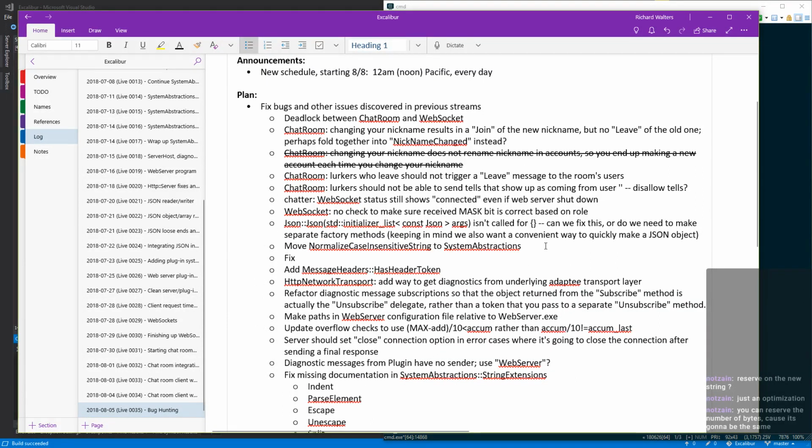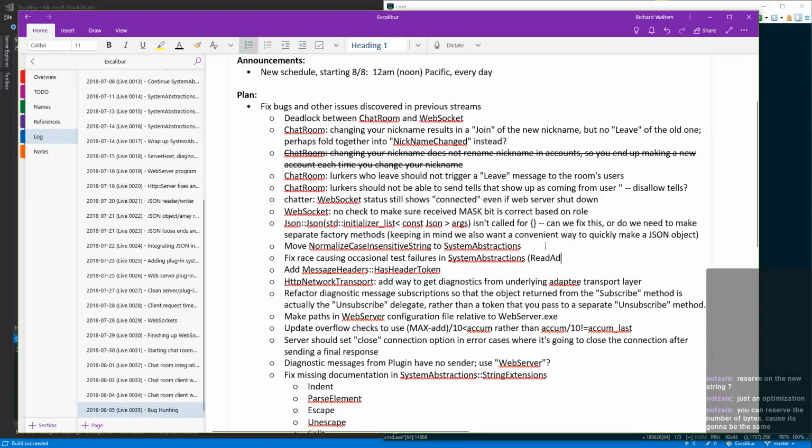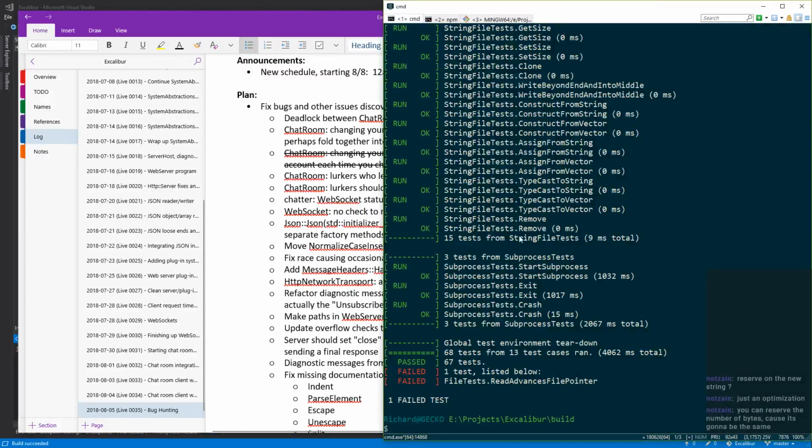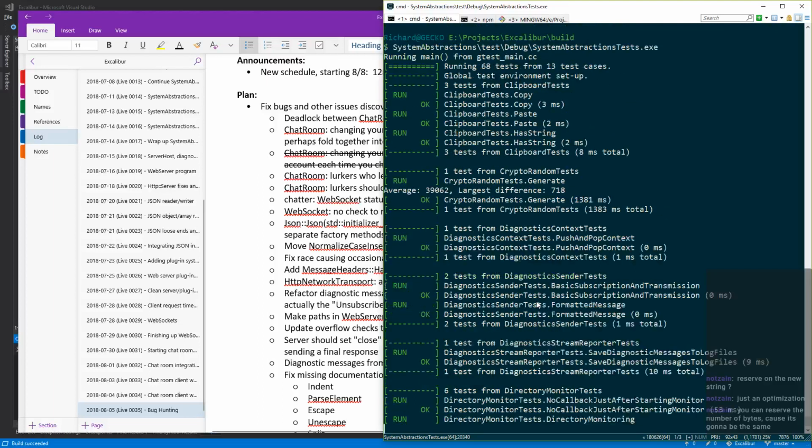Fix race causing occasional test failures in system abstractions, because we just got it to happen. And that was in read advances file pointer. Okay, but the test on string extensions didn't fail.